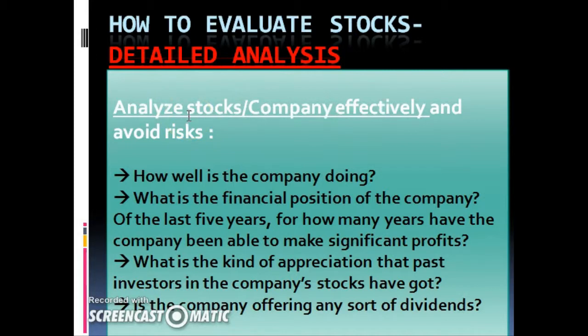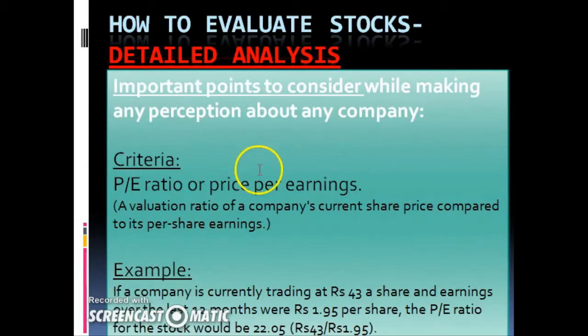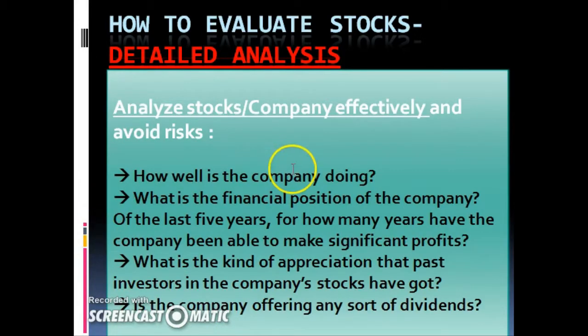So here we are going to explain some basic but most important checkpoints that you should be taking care of while analyzing any company. Because as you have just seen in the last slide, profit per earning is the main criteria that you are going to evaluate. But for example, you have just picked 10 companies of which profit per earning is in a favorable condition, and you might be considering investing in some of these 10 companies. So now what should be the main checkpoints for the basic